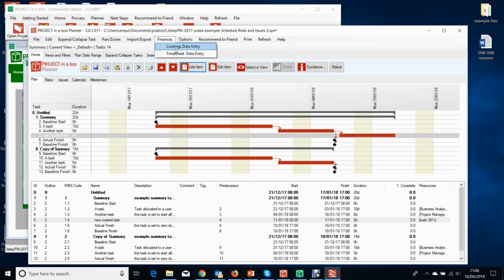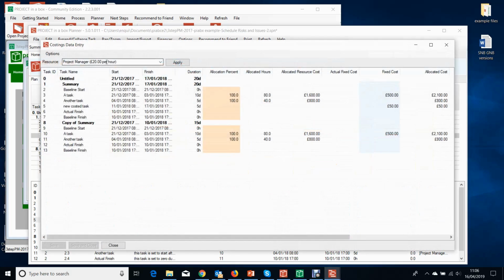So we come to finances, costings, data entry. And here we can choose the resource and then see what the costing setup for them is. So I can come and find myself here. And I can see I've been currently allocated to 3 different tasks and what the cost of that is and